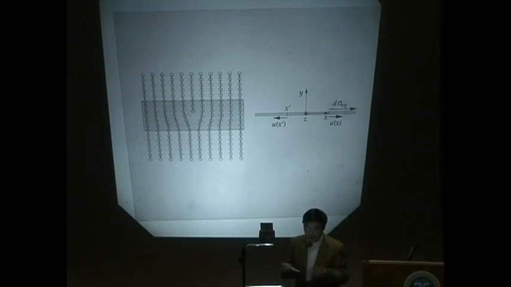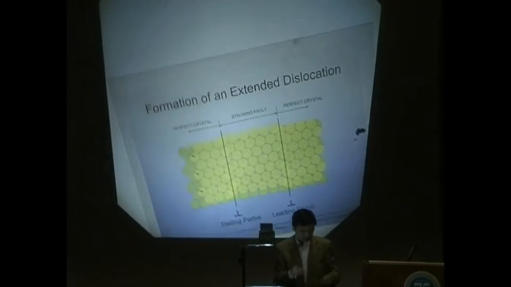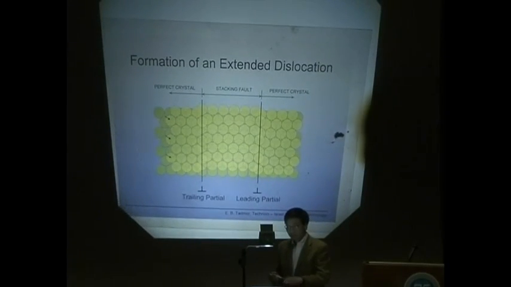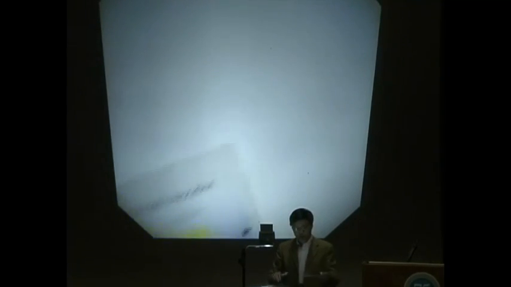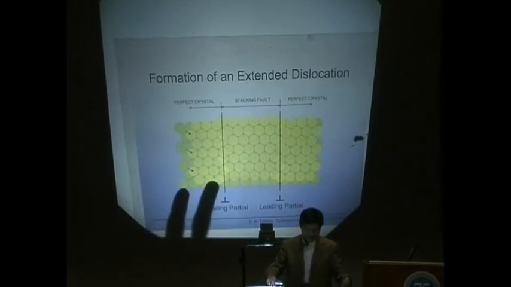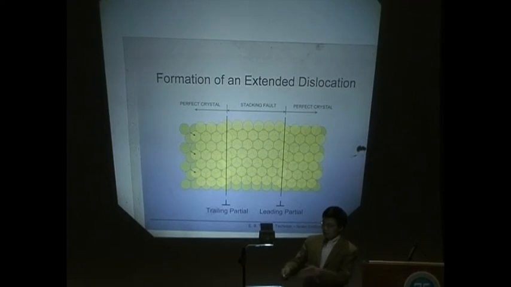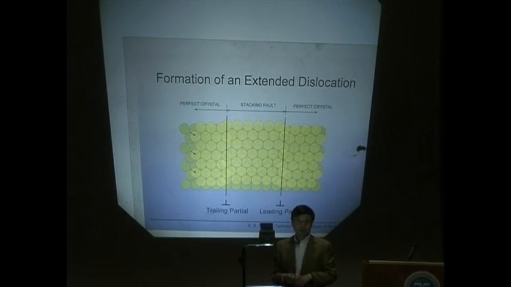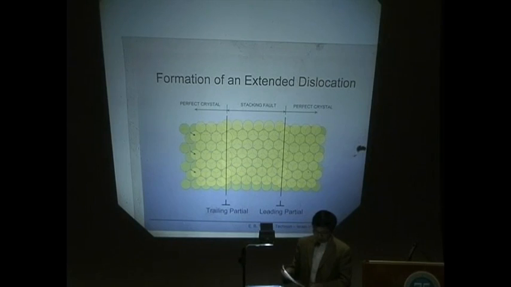Now, this is just a cartoon. Unfortunately, in nature, the structure here doesn't look this simple. For example, in the FCC example I just showed you, what is called the core structure here can be quite complicated. Maybe I should not be imposing the details of these things onto you, but just believe me that the core structure is not a simple structure like I just described. It involves a complicated atomistic description. Okay, so this is the one problem, namely the geometry side of the problem,